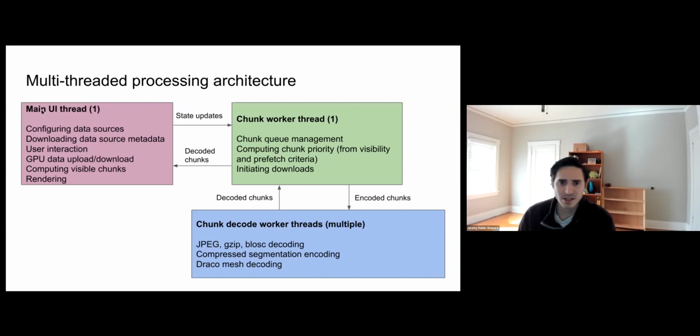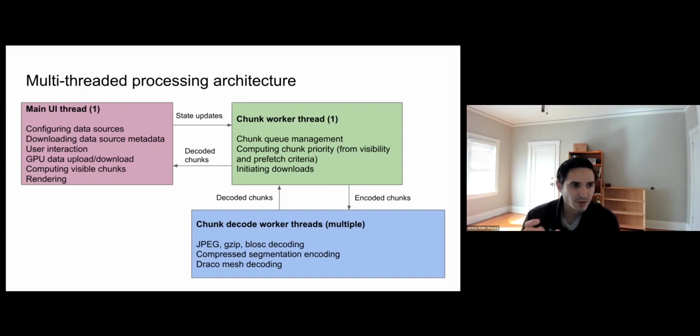In contrast, the interaction between the main UI thread and the chunk worker thread is quite complicated because the main UI thread essentially sets up all of these data sources and layers and views, but then the chunk worker thread also needs to be aware of all of these data sources and layers and views because it needs to do the same visibility and prefetch calculations based on those views and data sources. And so we essentially have a mirroring of state between the main UI thread and the chunk worker thread,